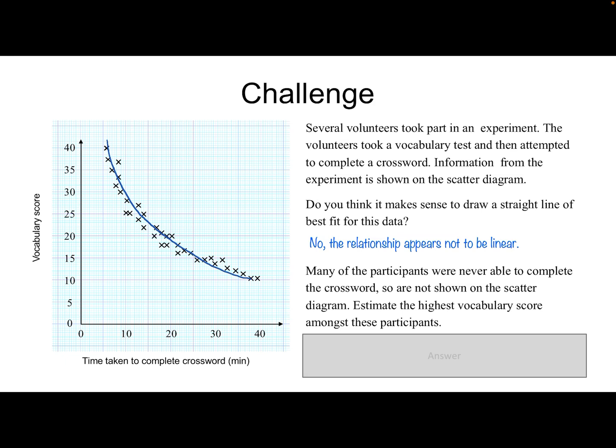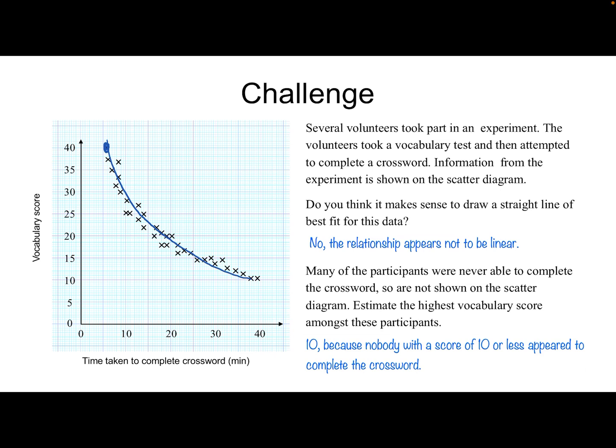It seems that the highest vocabulary score amongst these participants is about 40, I suppose. I think that's a badly worded question. I think they mean the lowest vocabulary score. It's never really going to get below 10, is it? You can see it's doing that. Okay, that's a poorly worded question. What I want to show you this one for is because you need to look at the data first. Sometimes a linear regression model is not the best model. Okay? Right, watch the video using